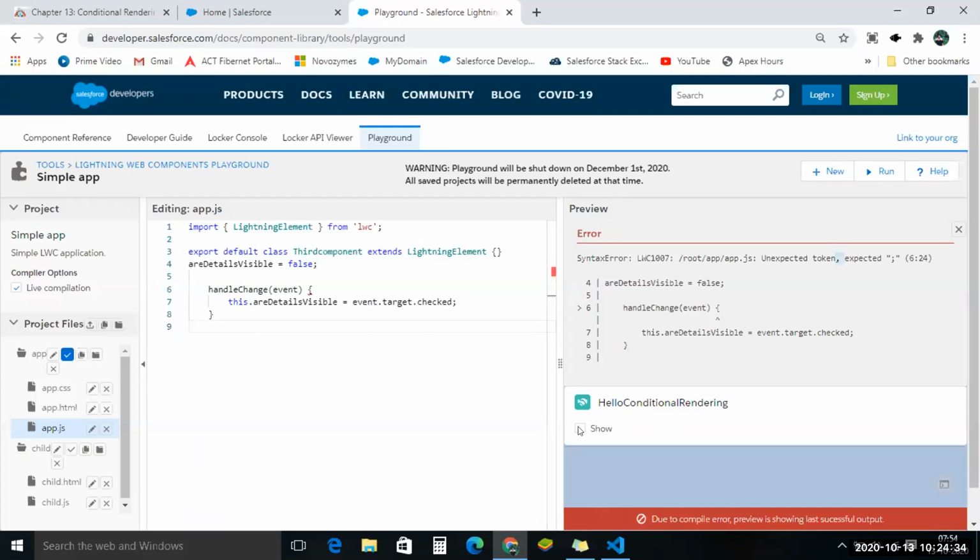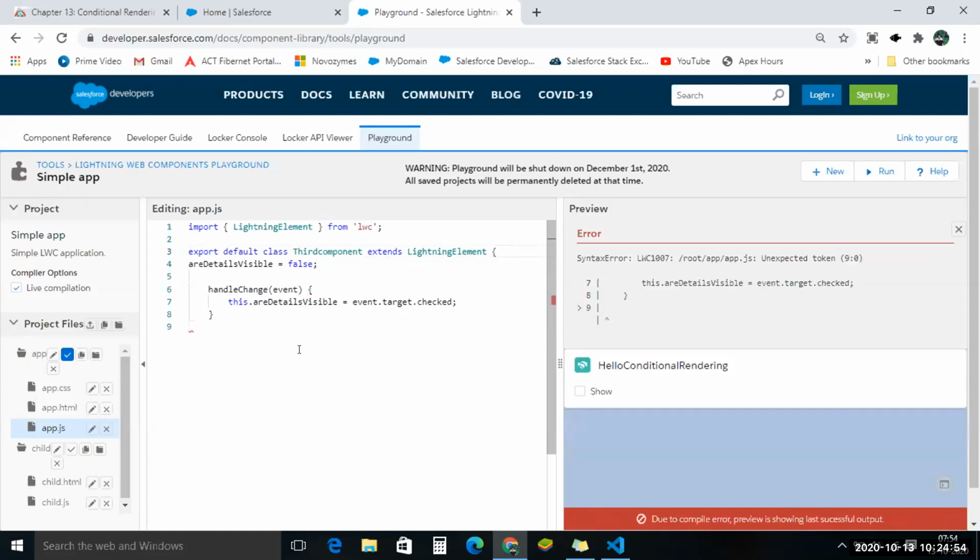Okay, got it. See, what you have done is that if you see line number 3, lightning element, then there is a brace, right? Inside that braces, you have to write from line 4. Remove the outside curly bracket, and now add one at the bottom, within this function.